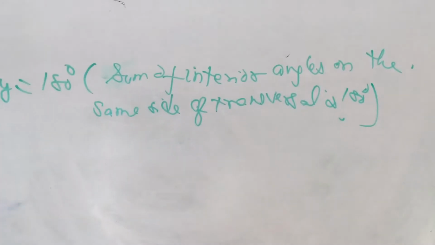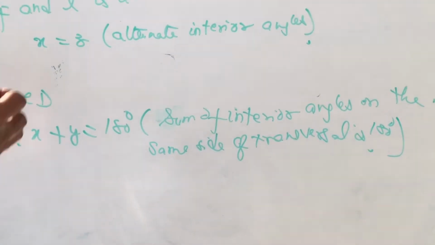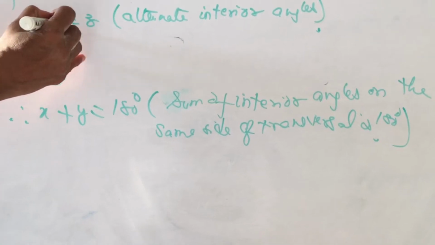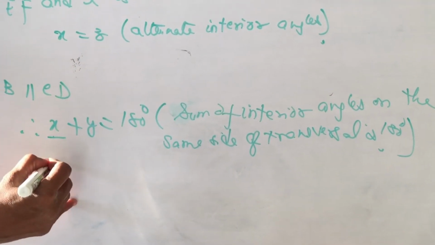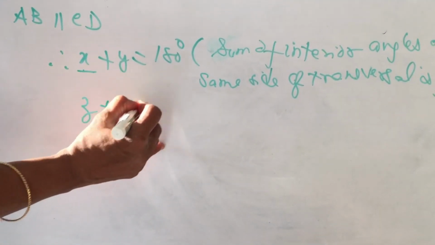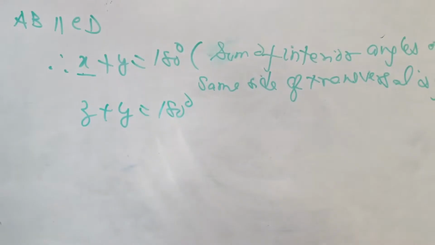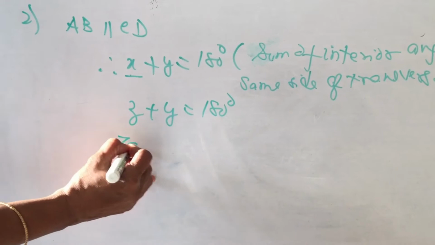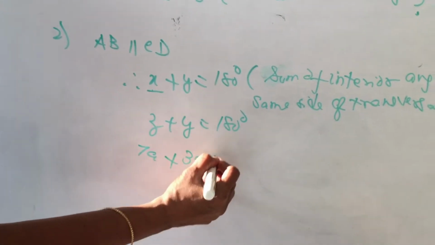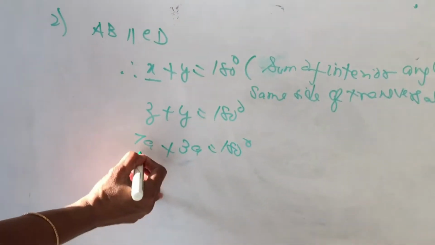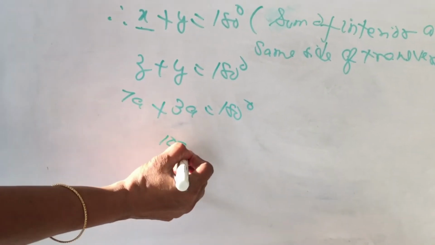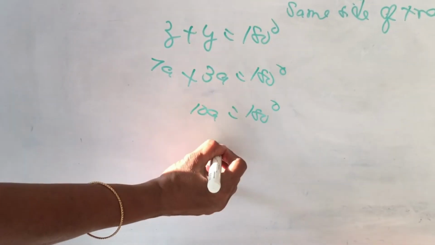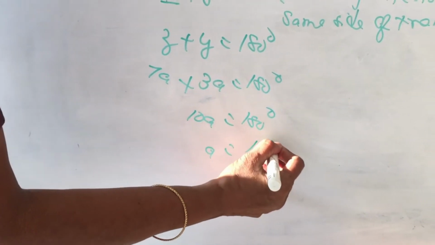Yes, in the place of X, what are you going to put, children? Z. And what is the Z value? Z is equal to how much? 7a. Y is how much? 3a. So 7a plus 3a is equal to 180 degrees. 7 plus 3, 10. 10a is equal to 180. A is equal to,